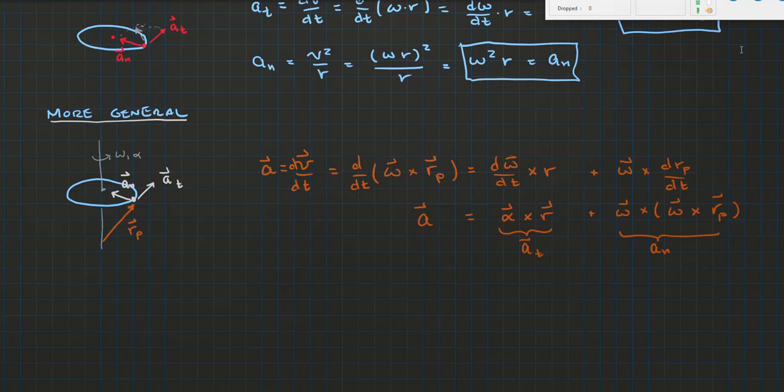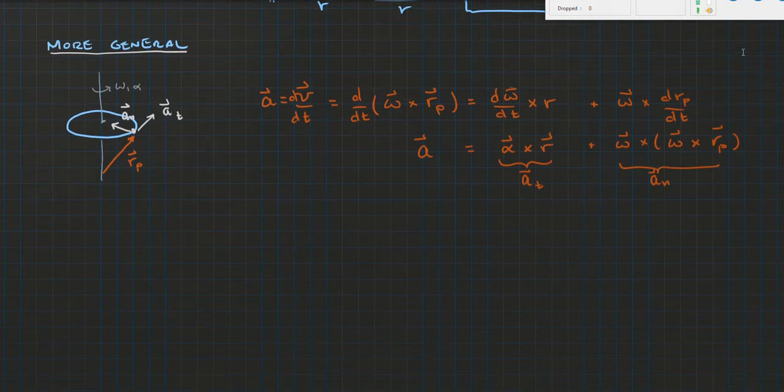So these are for our tangential and our normal acceleration. And the acceleration in the tangent direction again equals this alpha cross rp,